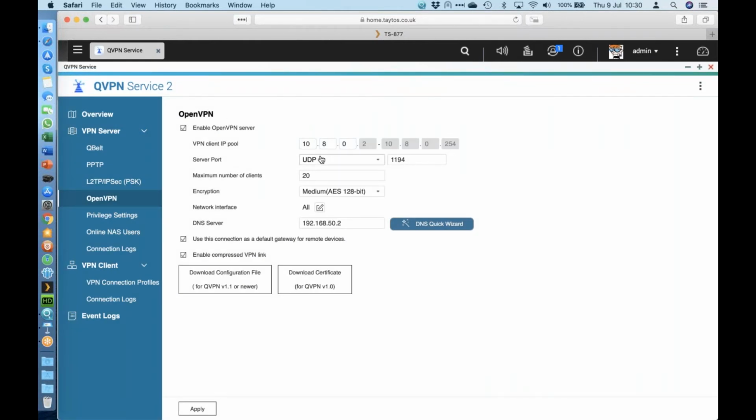So on my firewall, I do have UDP port 1194 forwarded to the LAN IP address of my QNAP. So what I do is I connect to my QNAP hostname, which is this home.tatos.co.uk, or I could also do tatos.myqnapcloud.com, which is my dynamic DNS host. I could connect to either of those two, and it's going to allow me to remotely access my QNAP and